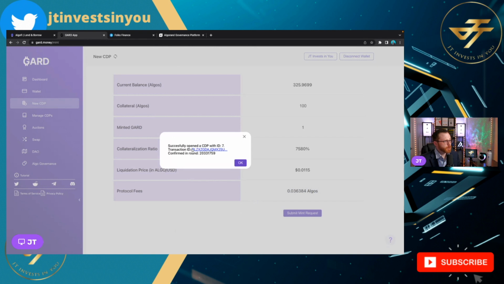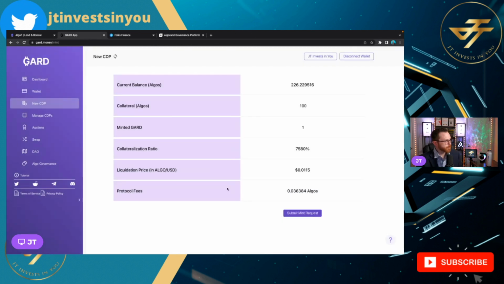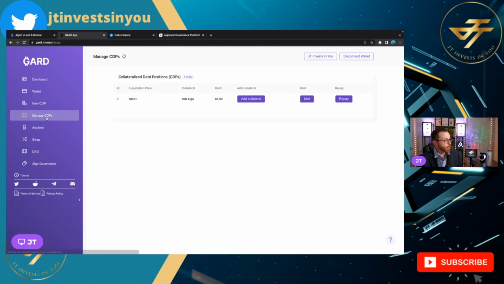Alright, we have successfully opened a CDP, and then it gives you the ID number, transaction ID, the confirmed on the round number, just stuff in case you want to have bookkeeping, you want to keep transaction logs, all that jazz. Click OK, and then from there you can go over to Manage CDPs, and you can see here, I